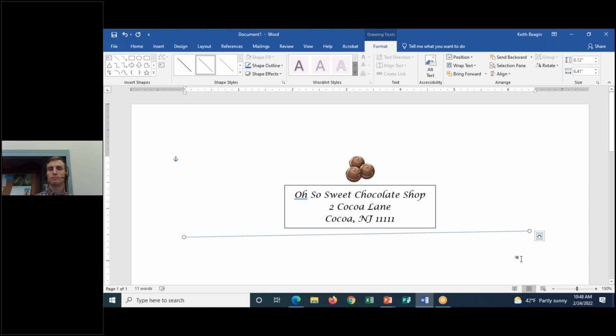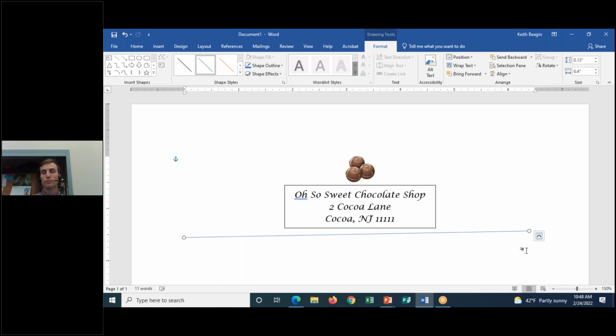So there's my line. And again, we see two resize handles, one on the left, one on the right, if we want to shorten it or lengthen it. It also allows us to adjust the angle up and down. Okay. Now, actually let's adjust it first. So we want to make sure that it is touching the margins, and we also want to make sure that it's straight,